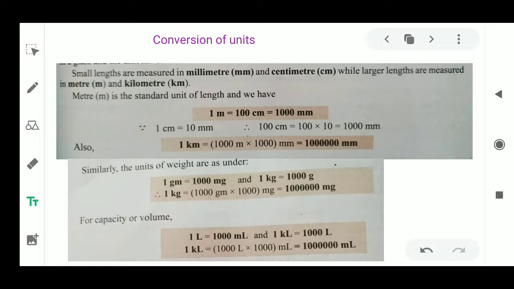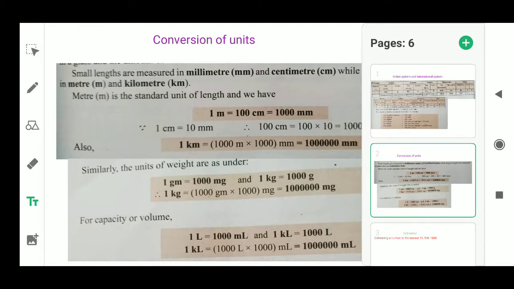And you can see here, for the capacity, it is written like 1 liter equals 1000 milliliter. Based on this, there is simple addition and subtraction given in your book, like exercise 1D, just simply addition, subtraction, multiplication, and division based on conversion of units. So easily you can go through all this. If you have any doubts, you can ask, because I think it is easy. If any difficult question is there, I will make a solution and post a separate video for that.